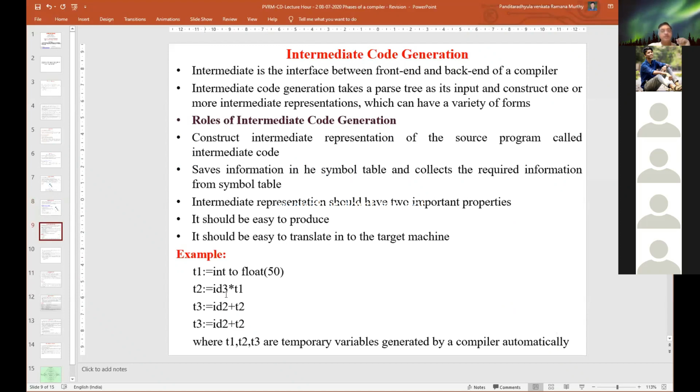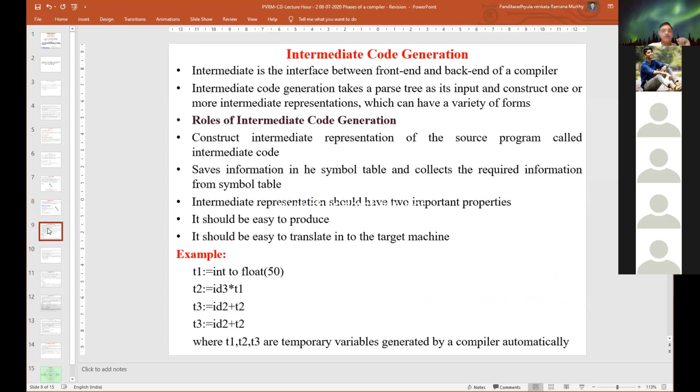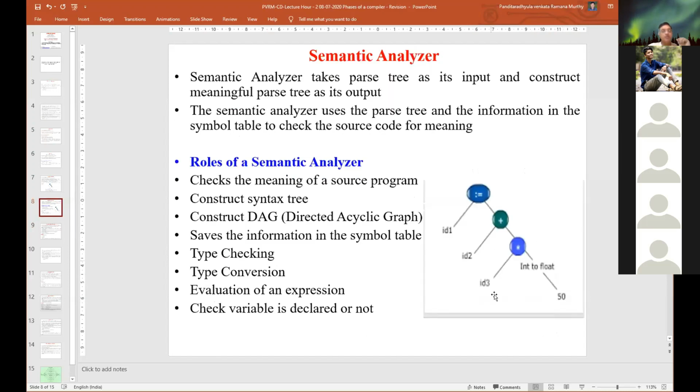Then next is T2. We are converting whatever we are getting from the T1 into T2 form. We use this in identifying the second operation. We converted this using this and this, and we are doing this operation. That will be done by T2 is equal to ID3 into T1. Then we got a T2 operation result.